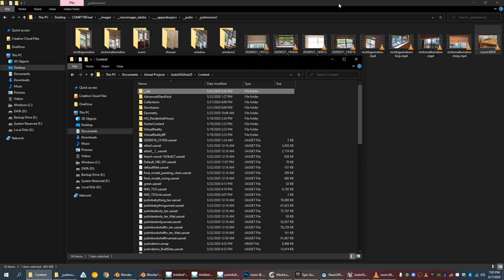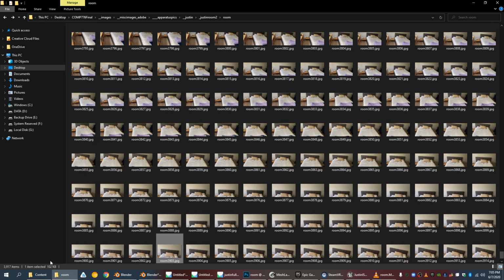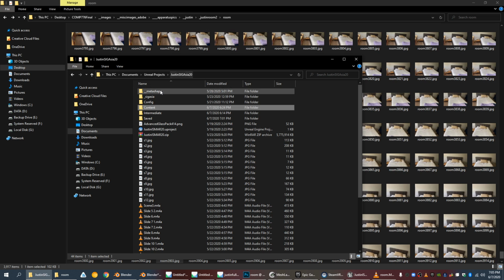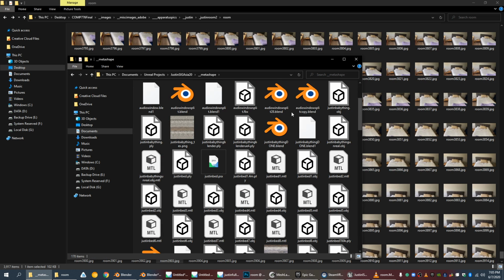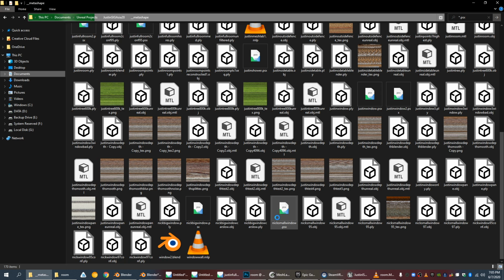Where is this? Metashape. It's not here. Metashape window. Star dot PSX. PSX, I guess, is the Photoscan file format. Oh, actually,